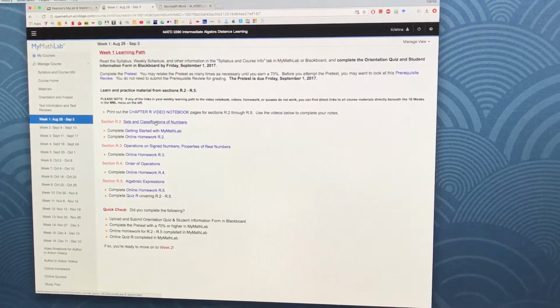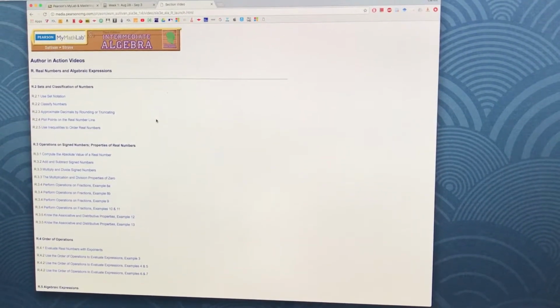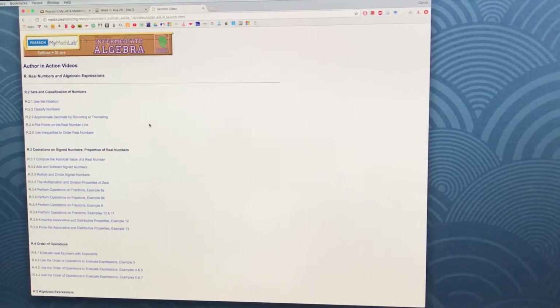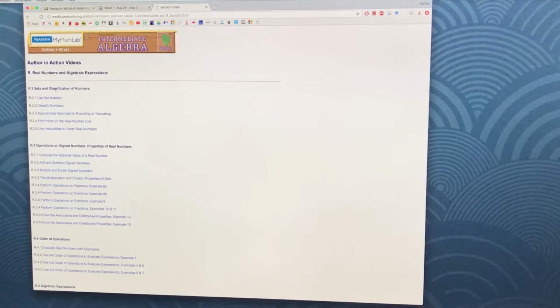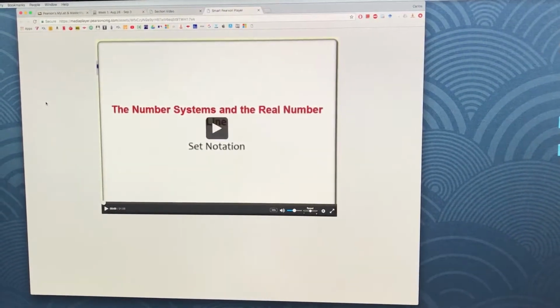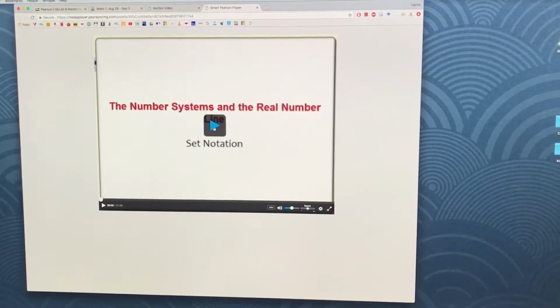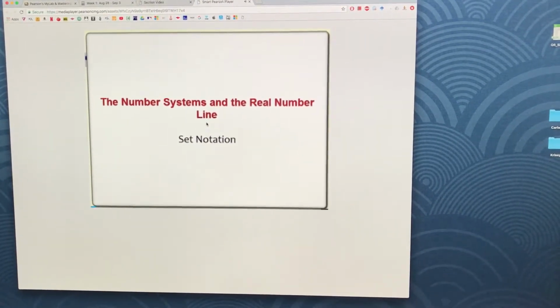Instead, you're supposed to print these out and then go back and work section by section on learning the course material. Now, Chapter R is review, so you might be able to fill in some of those blanks there without needing all of the videos. But these are all videos here for each section. So for example, here's sets and classifications of numbers. Here's one video. If you click on that,